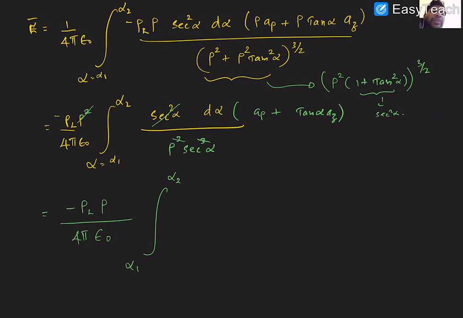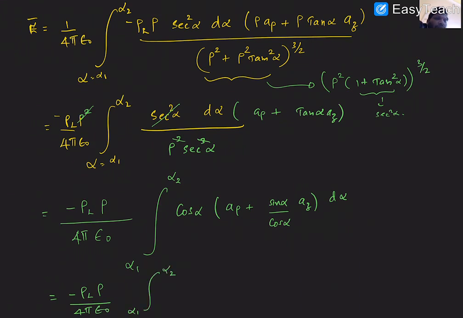That means 1 over sec is cosine alpha, so this becomes cosine alpha. Then you have to multiply with a rho plus tan alpha, which is sine alpha by cosine alpha, into az, then you have d alpha. Okay, now this will become minus rho L into rho by 4 pi epsilon 0 integral